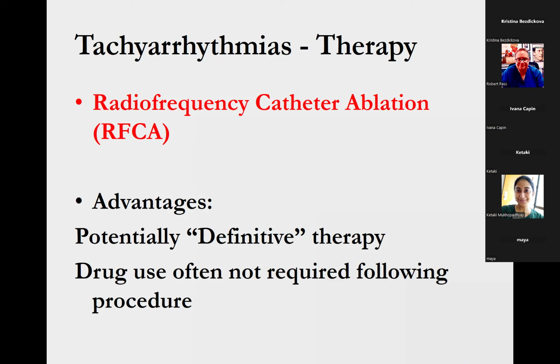And so the first question that we're often asked is, what is the efficacy of an ablation? And it really depends on what you're ablating. But if you think about common forms of SVT that we ablate in the cardiac cath lab, in most series, and certainly here at Sinai, the success rate is in the range of 90 to 95%. And we'll go through during the year why it is not 100%.